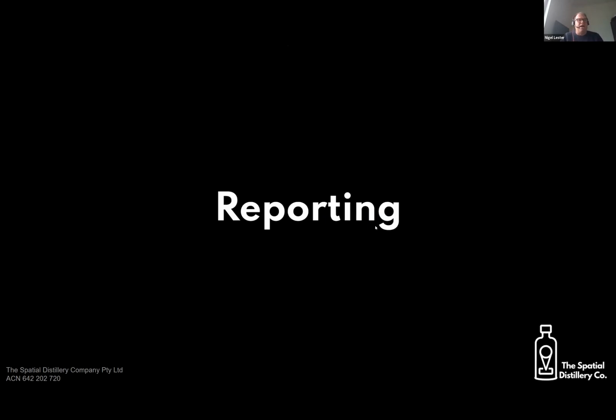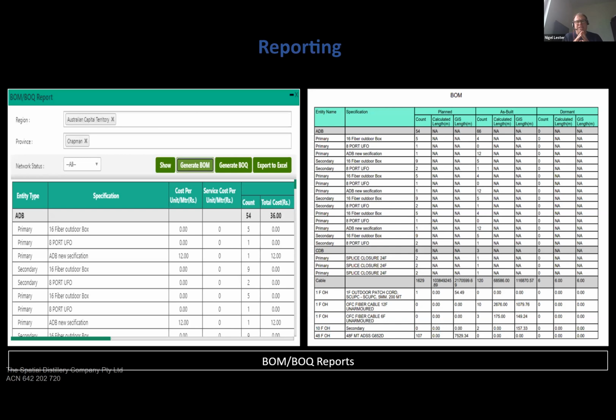One of the other things that we're very proud of inside Smart Inventory is its flexibility in reporting. It's really quick and easy to set up reports. You can output BOM and BOC reports, fully customizable to your own requirements. You can store values against different types of equipment, both on the equipment type, but also the maintenance costs against that, so that you can quickly report that. And again, we make it really easy to export that out into Excel or CSV formats if you need to use it downstream as well.